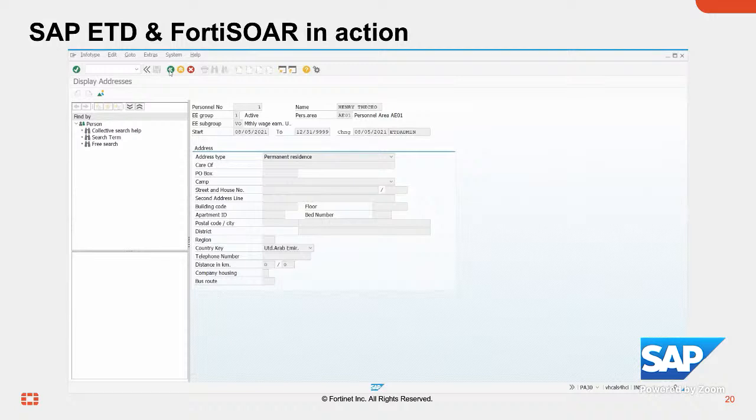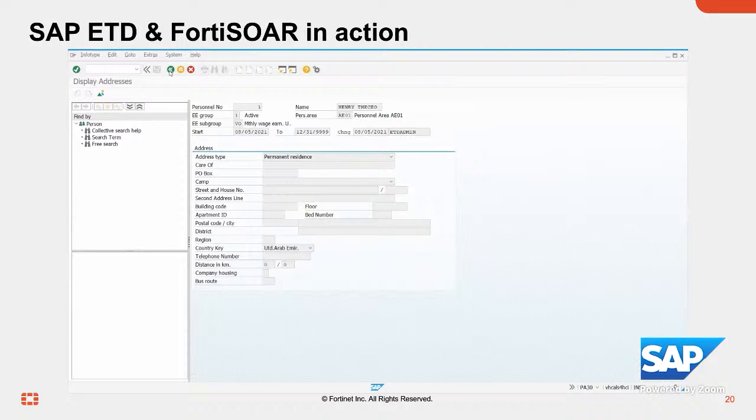We are logged onto the system with a high privileged user. In our case, maybe it is a firefighter, but we also know that most of the successful hacks are being executed with high privileged users. So we just simply have a high privileged user here for this scenario, which maybe fights the fire in the SAP environment, but then also has access to other transactions within the SAP environment.